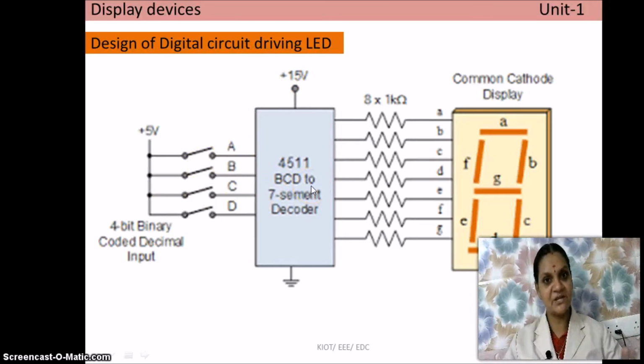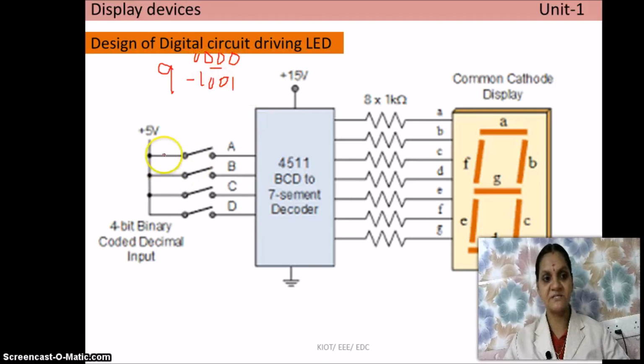BCD means binary coded decimal. You know, the maximum number that can be represented in BCD is 9. So to represent 9, how many bits are needed? 4 bits are needed. So 9 in BCD can be written as what? 9 can be represented as 1 0 0 1. This is the 9. Maximum we can represent up to 9, starting from 0 0 0 0 to 9.